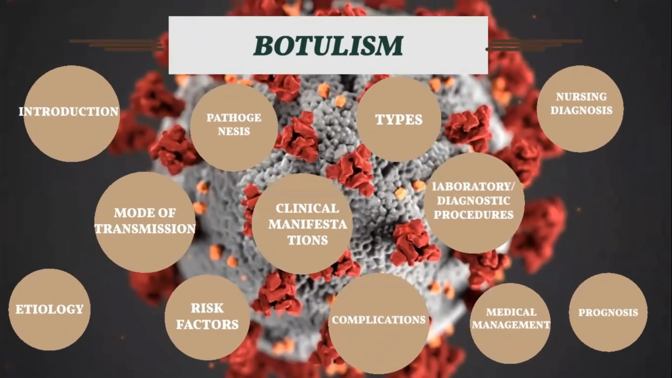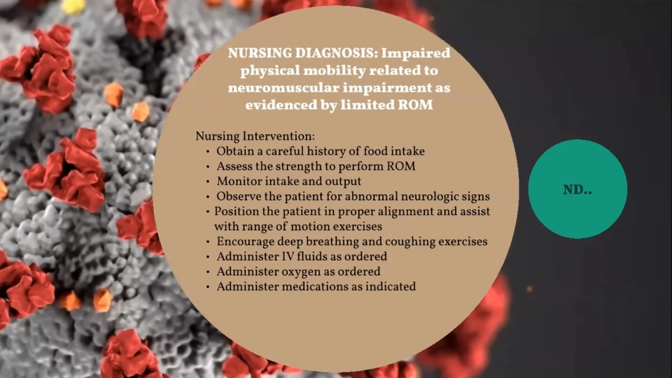So the nursing diagnosis is impaired physical mobility related to neuromuscular impairment as evidenced by limited range of motion. Nursing interventions include obtain a careful history of food intake, assess the strength to perform range of motion, monitor the intake and output, observe the patient for abnormal neurologic signs, position the patient in proper alignment and assist with range of motion exercises, encourage deep breathing and coughing exercises, administer IV fluids as ordered, administer oxygen as ordered, and